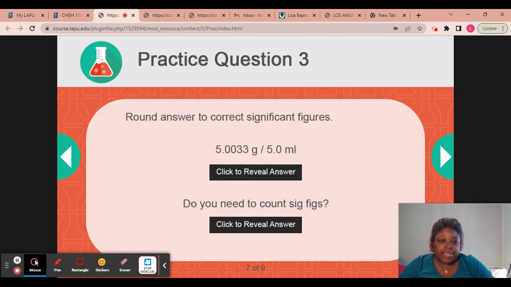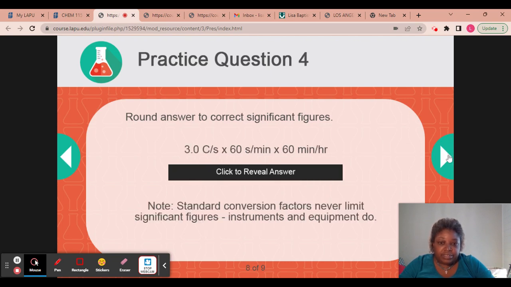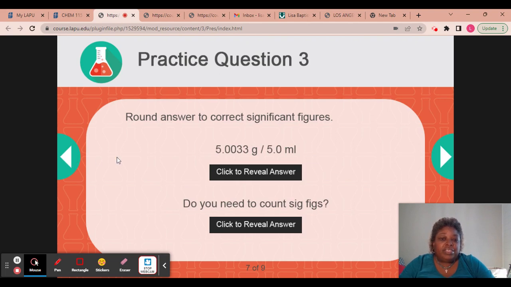All right, so now we're going to look at division. For division, as well as for multiplication, you are looking at the least number of significant figures, so our answer should have that least amount of significant figures. And so we have this number